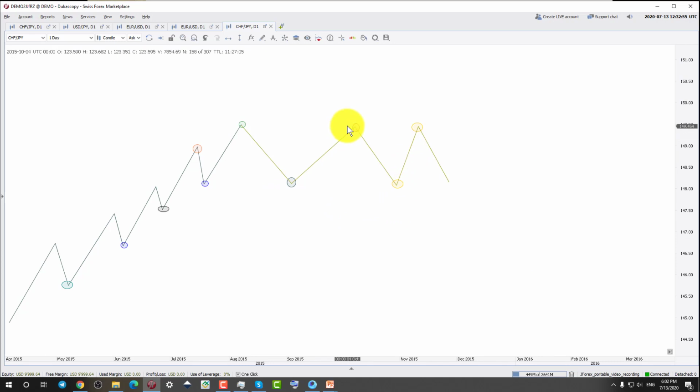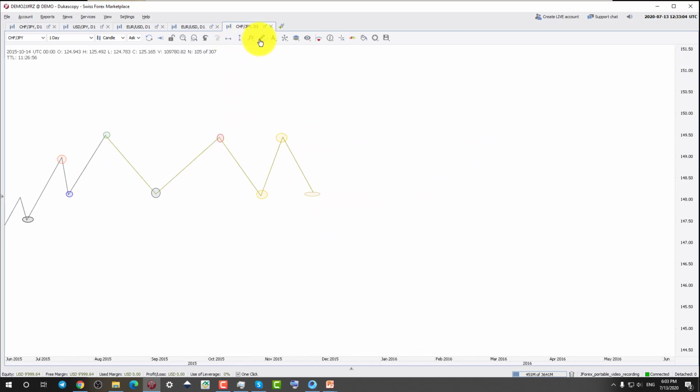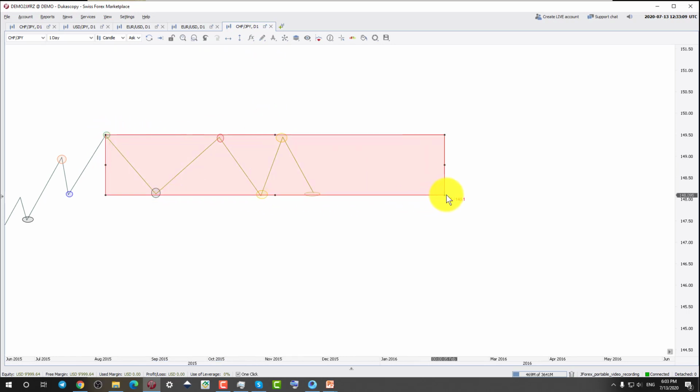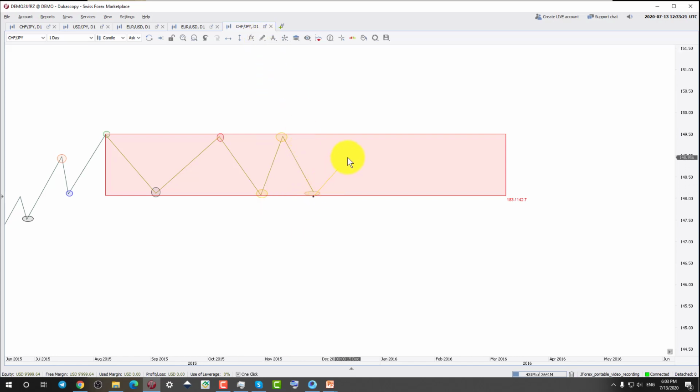Now there are 1, 2, 3, 4, 5 points, and this can also be there. The price can keep moving like this, and after some time you will see that the price has made a pattern of this shape. You can see I have simply dragged a rectangle from the patterns. Now the price starts moving in this channel, which you can also call a horizontal channel, between this rectangle for a long period of time.